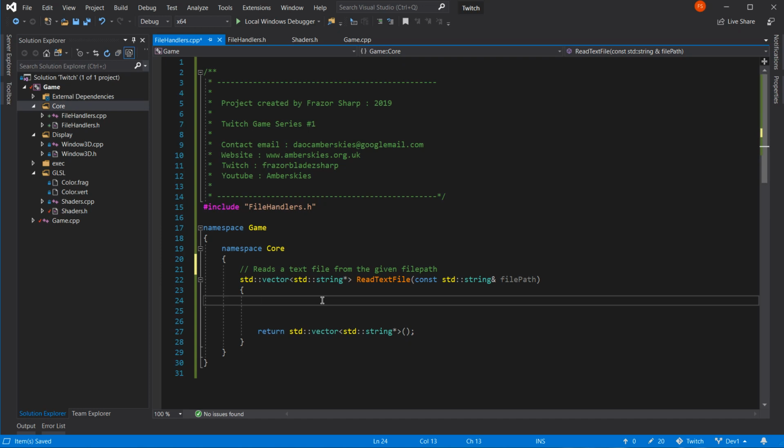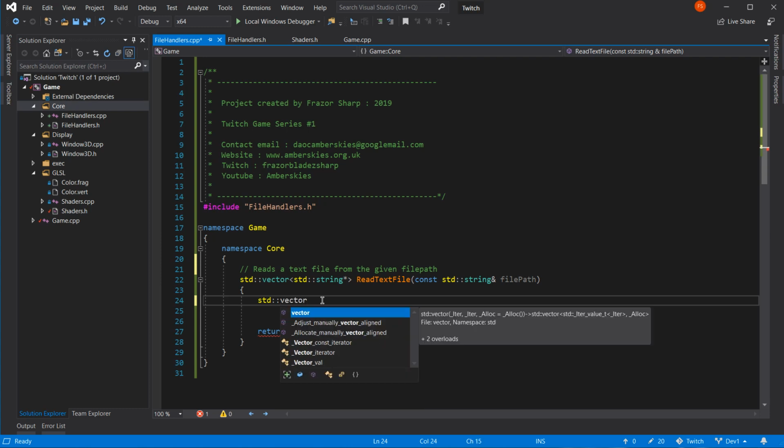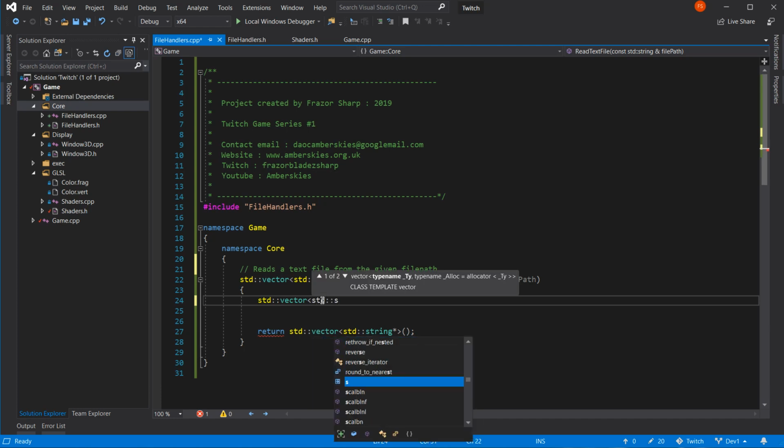Oh, let's start off with making a file storage. So vector, and it's just going to be std::string star. I want it to be a pointer.